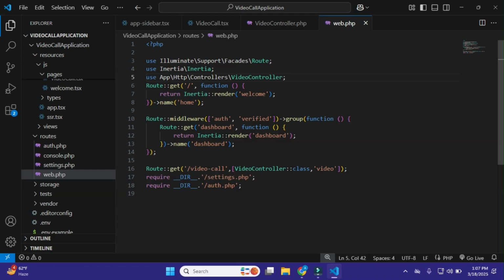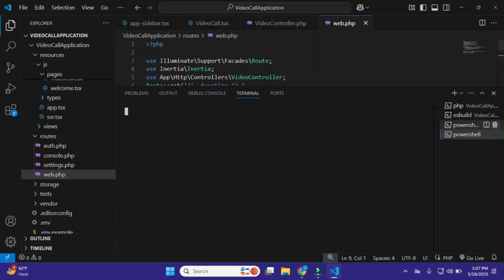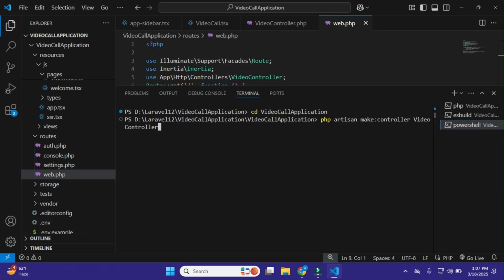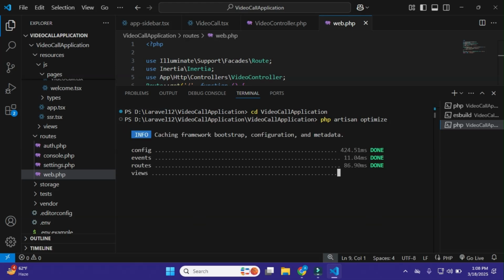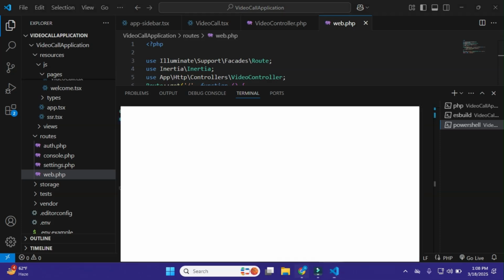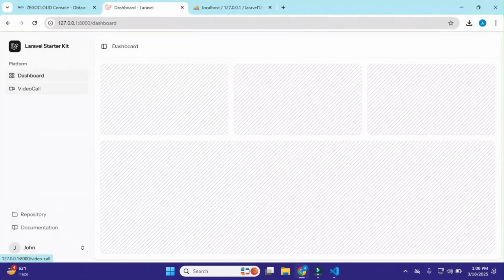Just save this, and now I'll open the terminal, come to the project and optimize it. When you create a new view or routes, just optimize it first. Then go to the browser and click on video call.